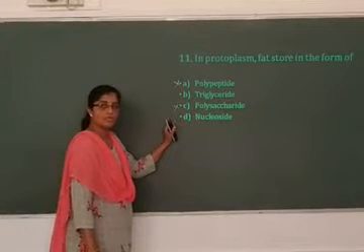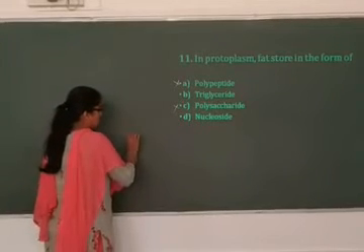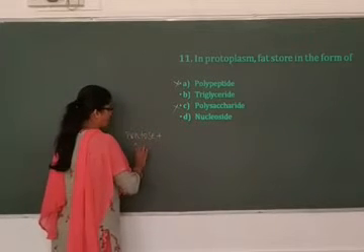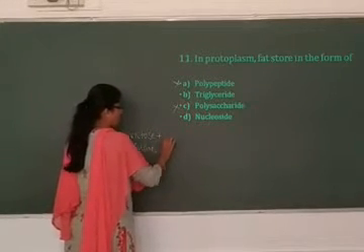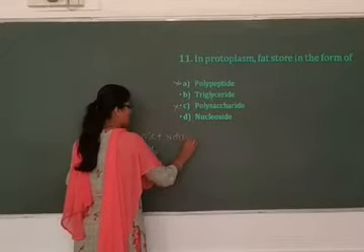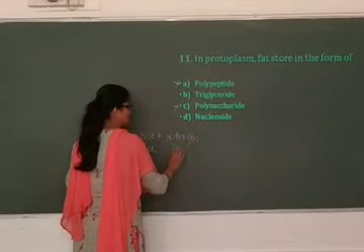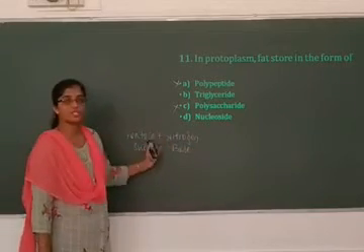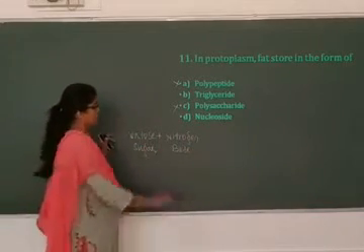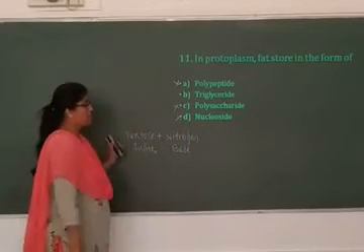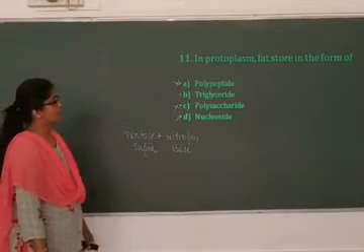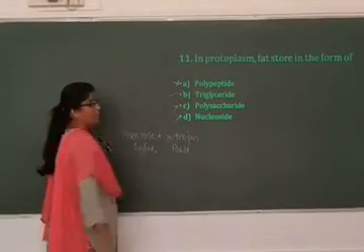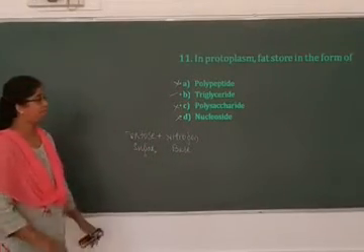Nucleoside. Nucleoside is a structure formed by the combination of pentose sugar with nitrogen base. Of course, there is no question of fat here at all. So nucleoside is also a wrong option. Which is the right answer? So the fat in the protoplasm is stored in the form of triglycerides, which is the right answer.